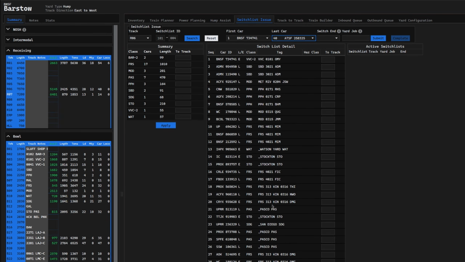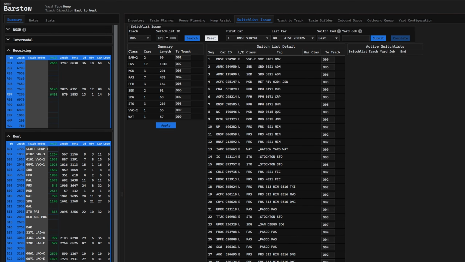So you see how now they turn white. They were grayed out before. What I'm going to do is say, all right, up here, I want all the cars for the BAR-2 class. Let's put them on the, I think it's the old 001. I'll just use the old yard. All right, so I just went and filled the rest of these in across so you can see how it